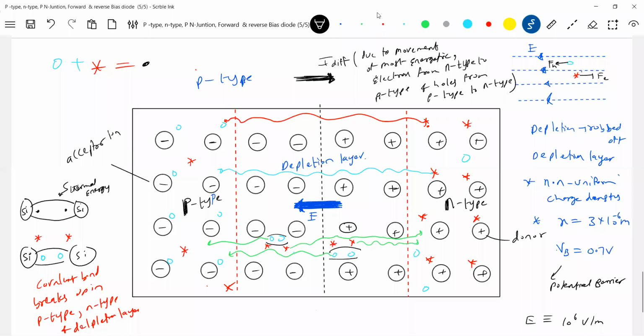So any minority carrier, shall I say that? Sir, why are you calling it a minority carrier? First of all, you have asked one very beautiful question here. So why are you calling them minority carriers? Okay, now let's come to this. Forget the depletion layer, come to this one. Here, what happened? What is this electron? Minority carrier, no? This electron is a minority.